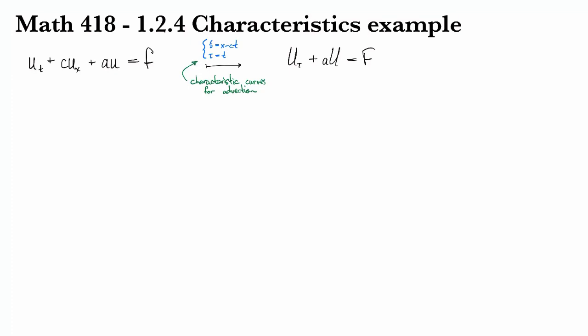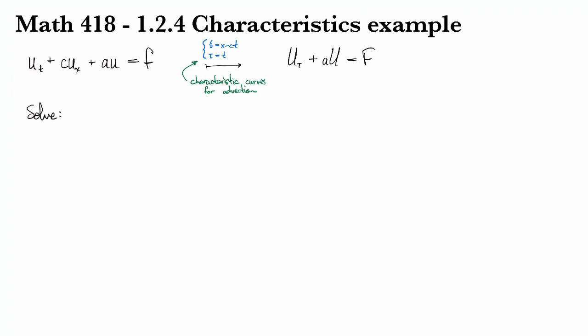So as we saw in the previous example, if we take the advection equation with growth or decay term and we transform it using the characteristic curves xi equals x minus ct and tau equals t, then this becomes the new partial differential equation, which is actually just an ODE in tau. All right, so let's look at